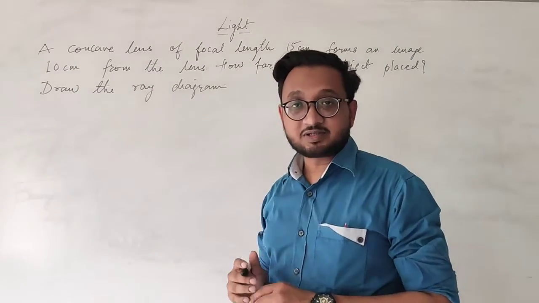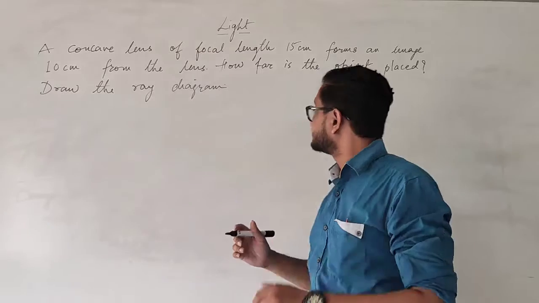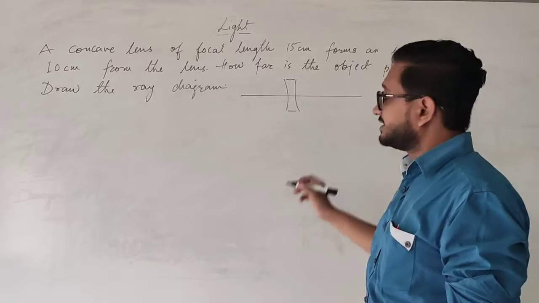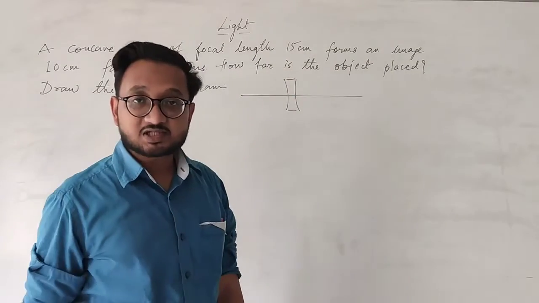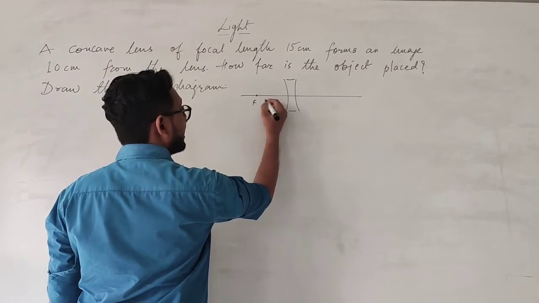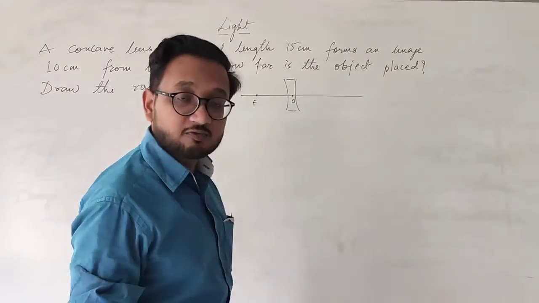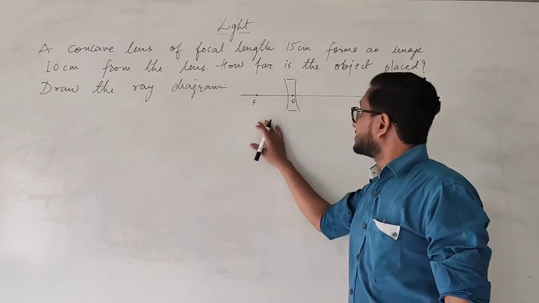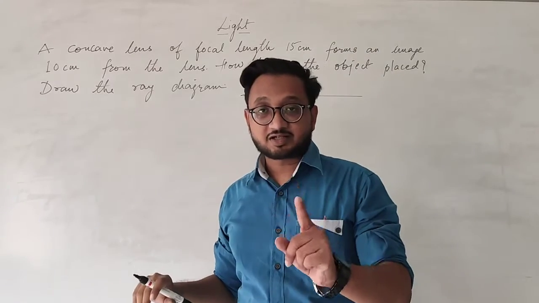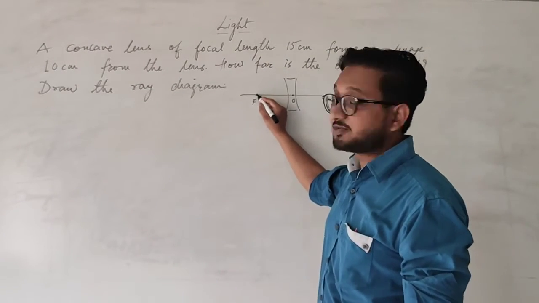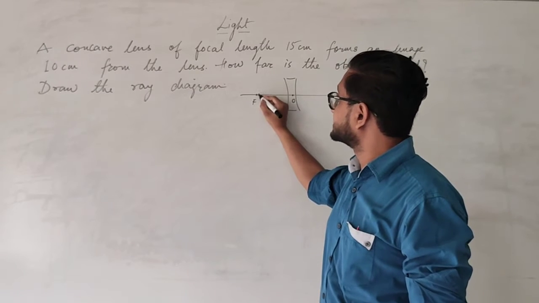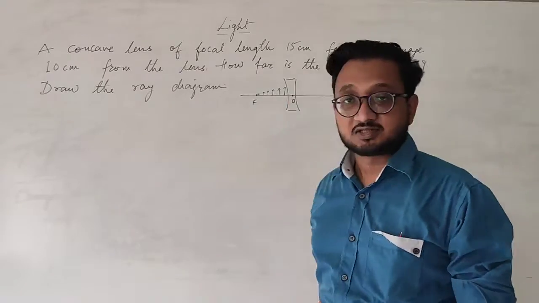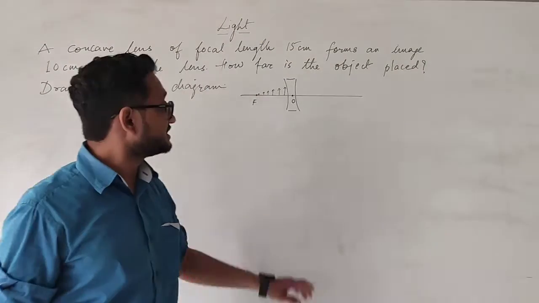Now this is a concave lens, and concave lens is a diverging lens. In the diverging lens, we know that image is always between focus and optical center. It is always diminished, always virtual, and always erect. That means the image will be between focus and optical center. Starting from focus it will increase its size, but it will always remain diminished, just like the convex mirror. This is a concave lens.